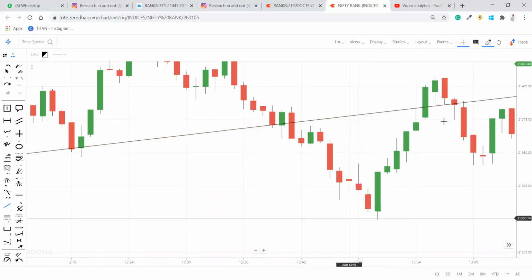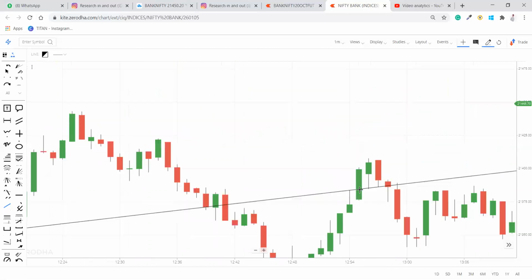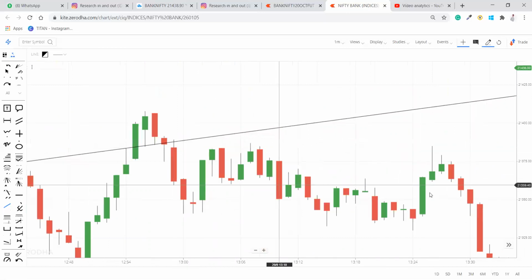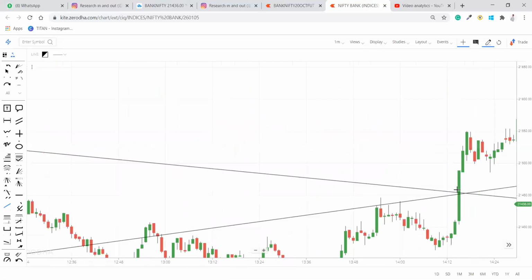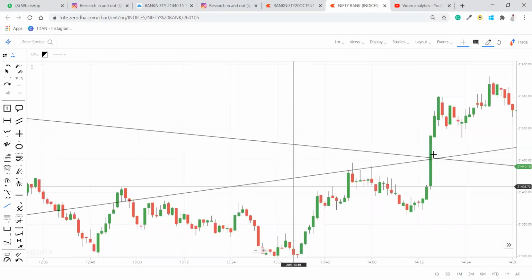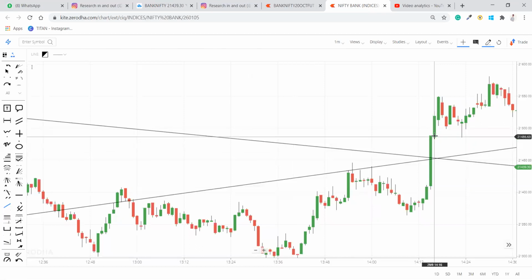And after that, when it was trying to go up, it could not go up, and it had just given 8 points somewhere, and it fell down. And when it gave a breakout over here again, it has given a good amount of profit. And see here, this was a good breakout. And I just now drew this, and if you'll see here, from 487 it had gone, it has given almost